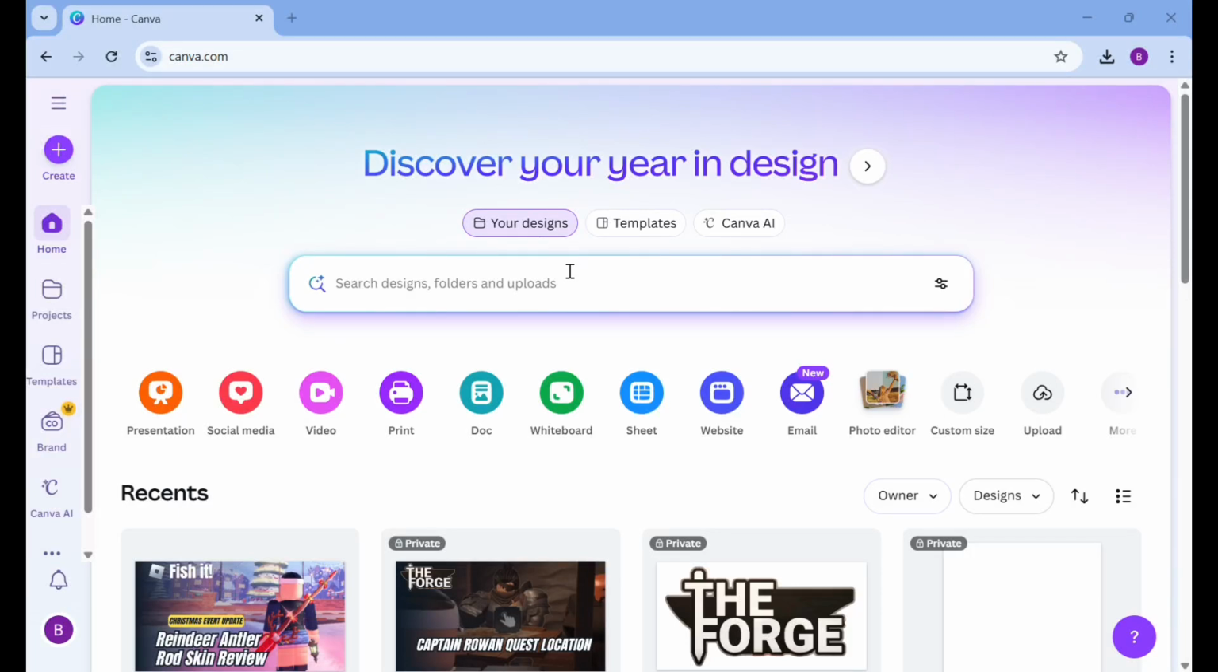Everyone, in this tutorial I will show you how to make an invitation card using Canva in just 1 minute. Okay, let's get started. First, just open Canva on your phone or browser like this, and then next just go